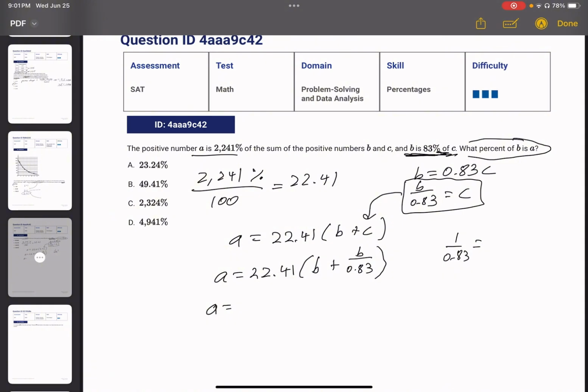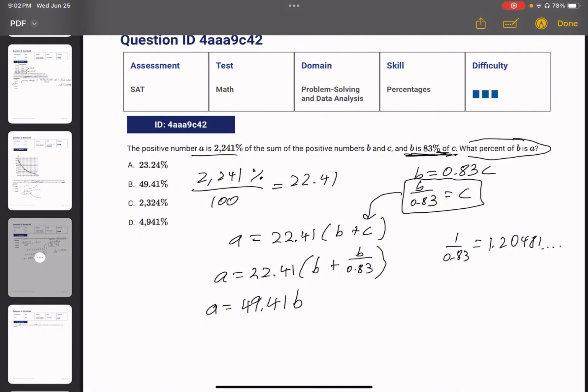So 1 divided by 0.83 is going to be a long number, 1.20481, whatever. That's why you keep it in the calculator. Then you add 1 to that number, since the coefficient for B is also 1, and you're going to get 2.2048, whatever. And you multiply that same number in the calculator by 22.41, and you get exactly